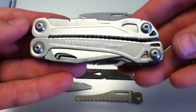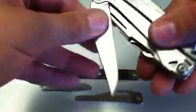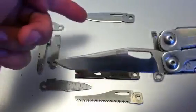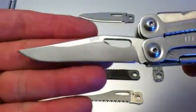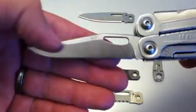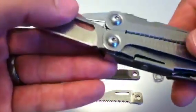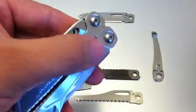So this is the Leatherman Sidekick. It has been modified significantly. First one we're going to look at is the knife blade. It went from the 420HC plain edge to the S30V plain edge knife blade, and this comes off the Leatherman Charge TTI. Now, to make this modification possible, I'm going to take this out